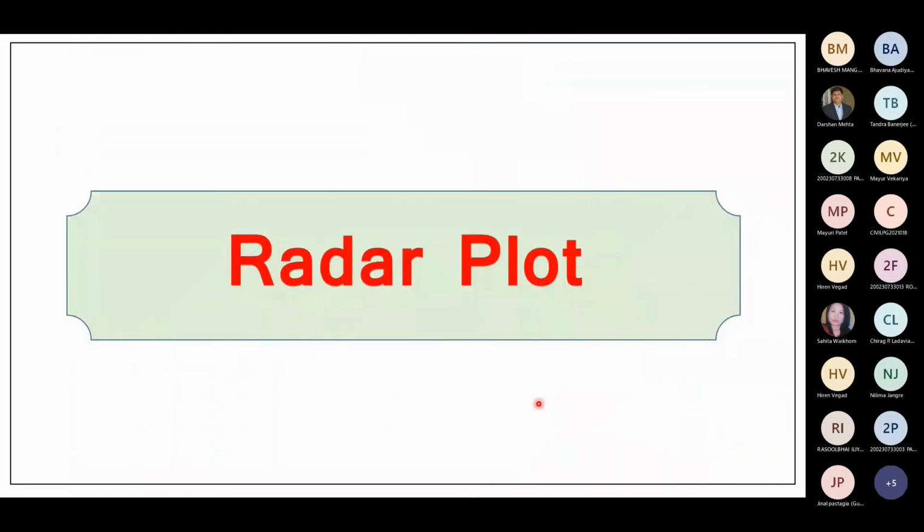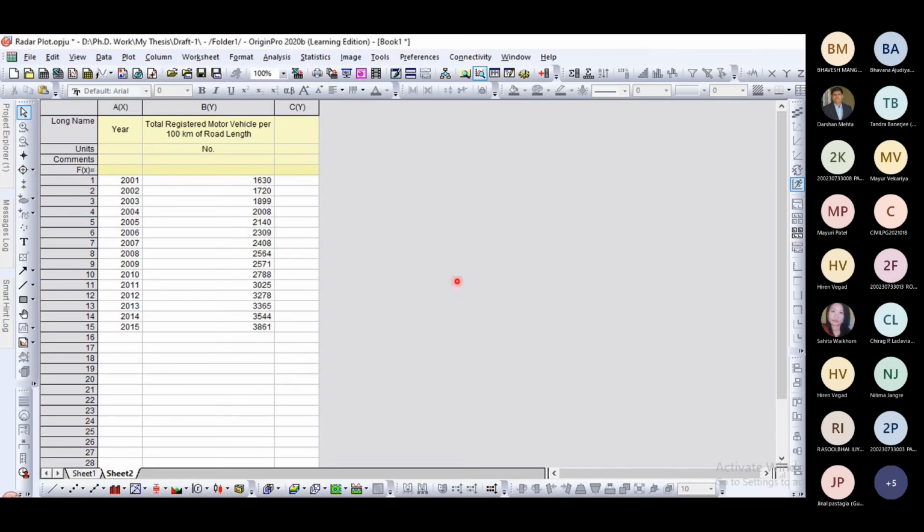Now let us see the radar plot. Radar plot, its look is very good. So here the data are related to year, and in that particular year, how many total registered motor vehicles per 100 kilometers of road length are there.